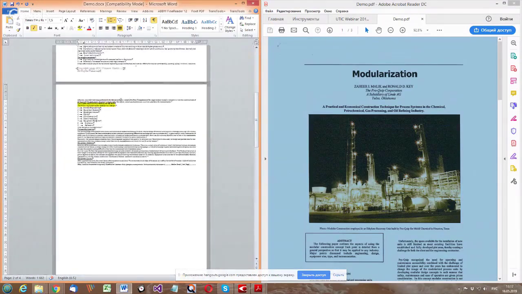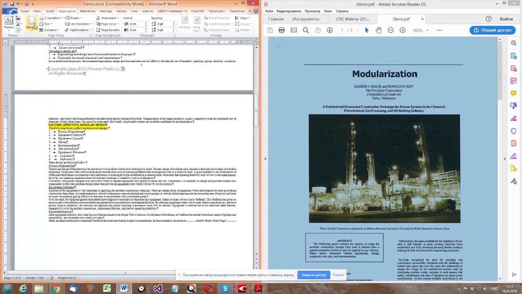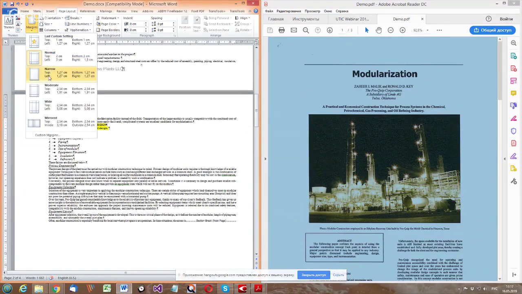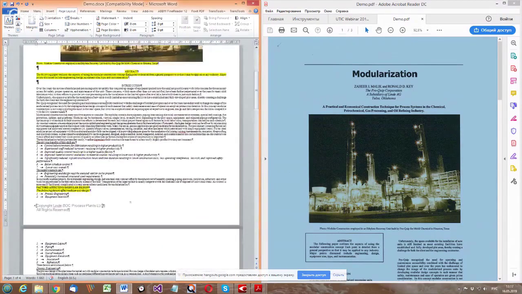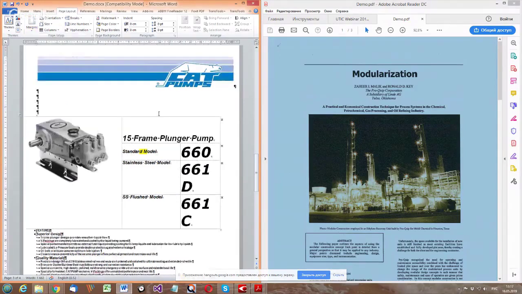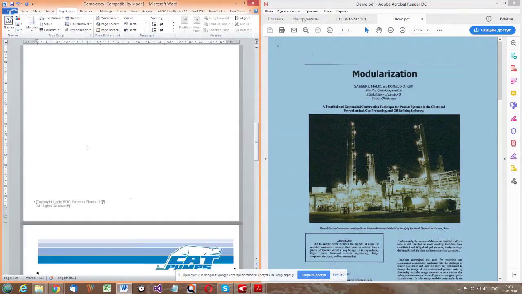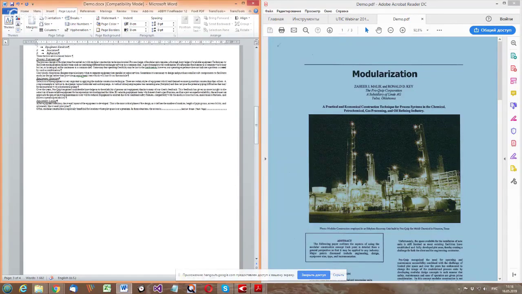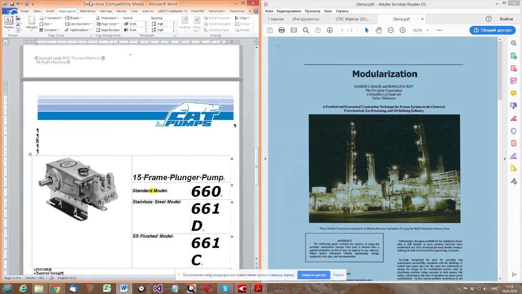Now I think I will also fix the margins of the pages. I will choose narrow page margins to fit more text inside the windows. And here I will also select narrow because it's a different section, because there is a section break here. The page margins of this section are different from this section. So you have to select some text in this page, choose the narrow page margins, and then go to this section and do the same here.